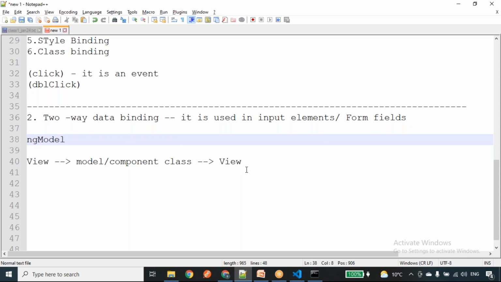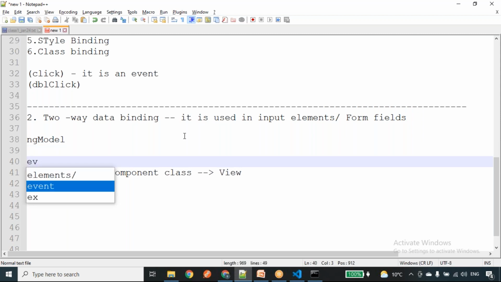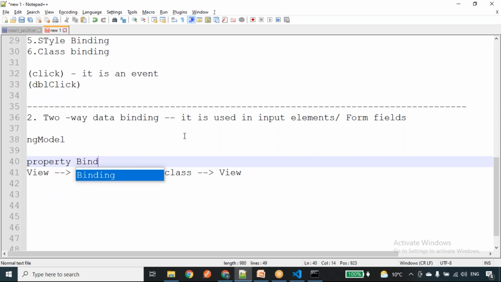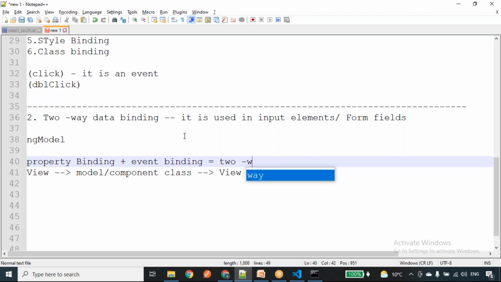Let me give one more example. If you want to achieve the two-way data binding, property binding plus event binding equals two-way data binding.